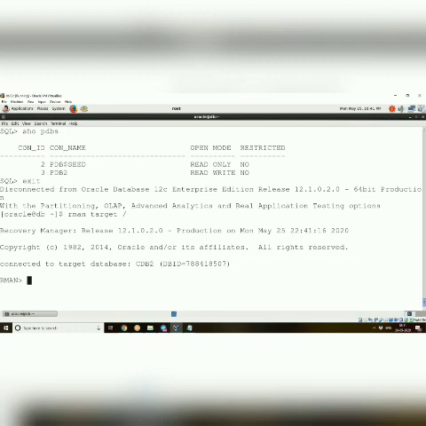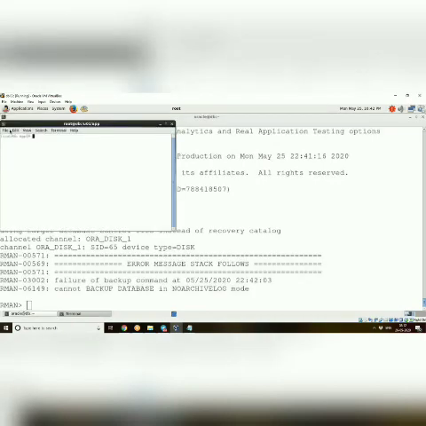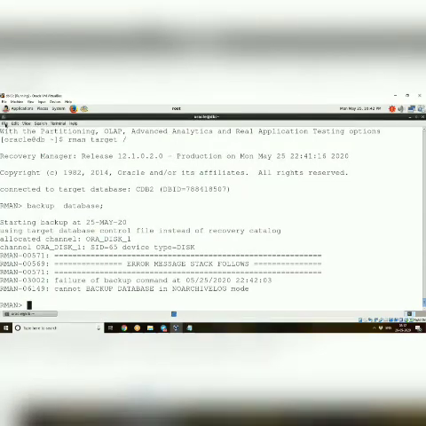When you want to do using no catalog, for example other than the production databases, like testing or quality, we can do it in no catalog mode. Fine. So now we have connected to the target database just to give backup database, because at database level we should have one backup ready. Because my database is in no archive log mode, it is showing, I'll just make it archive.